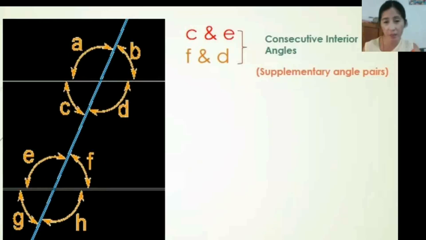Well, this time they are not necessarily congruent, but they are supplementary angles. So somehow, this is the only angle pair so far where the angles are not congruent, but just supplementary. Okay? I hope you're taking notes. So here